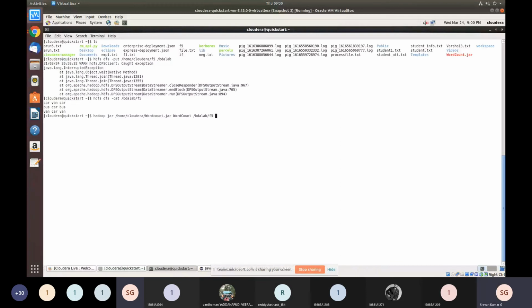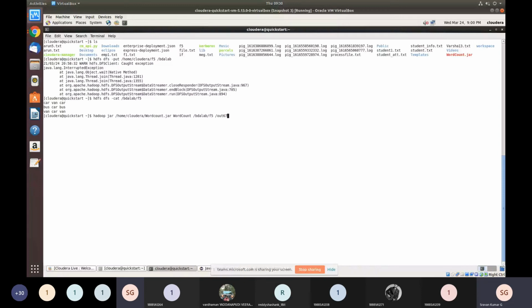And once the processing has been done successfully, you will get output. That output will be stored in the output directory. Now what is the output directory? Slash out67. It's up to you what name you give. So this is the output directory.